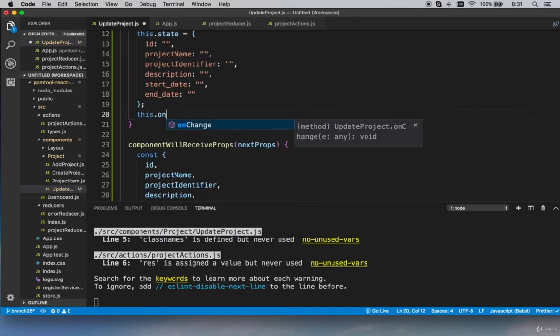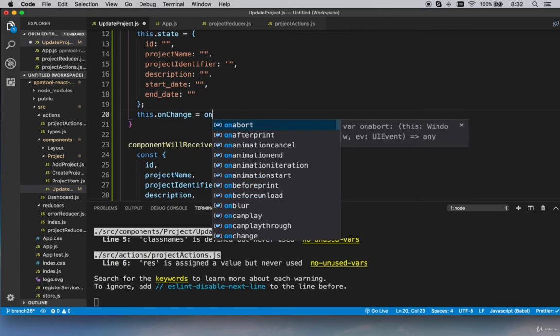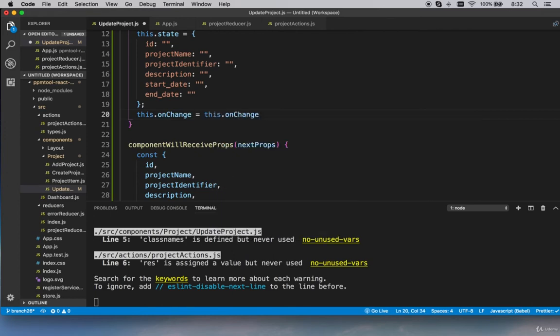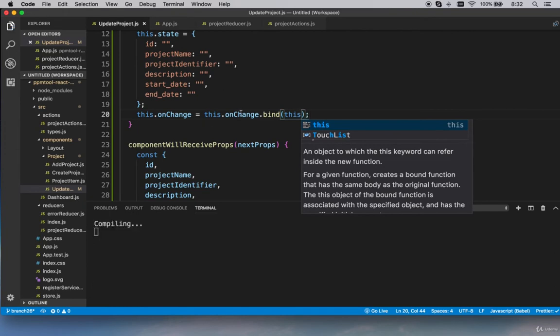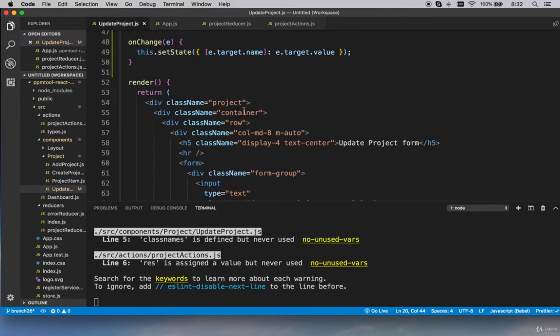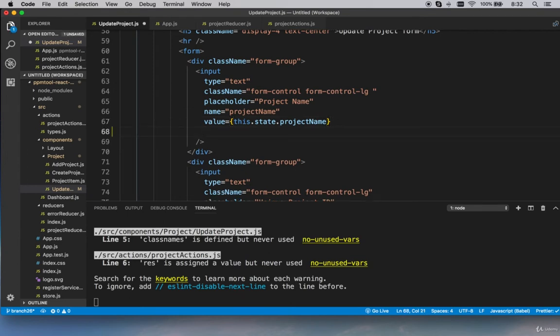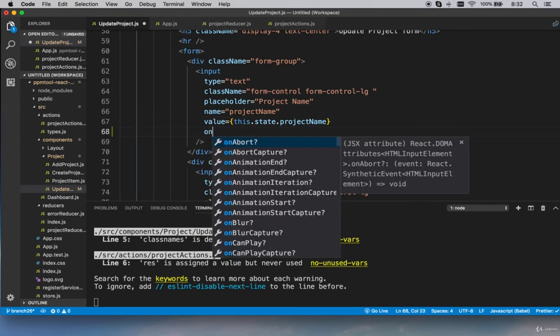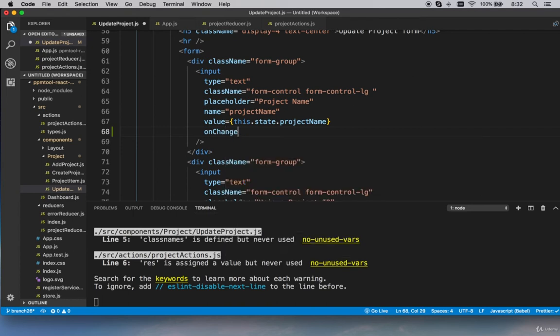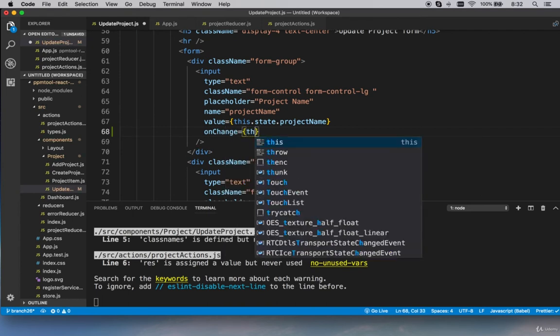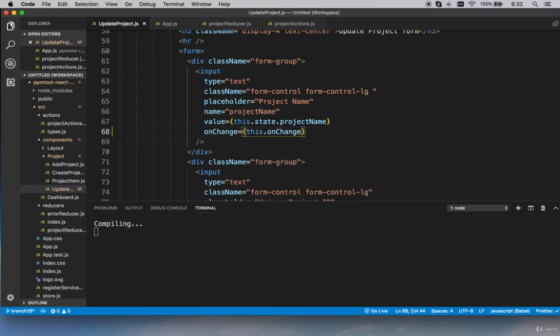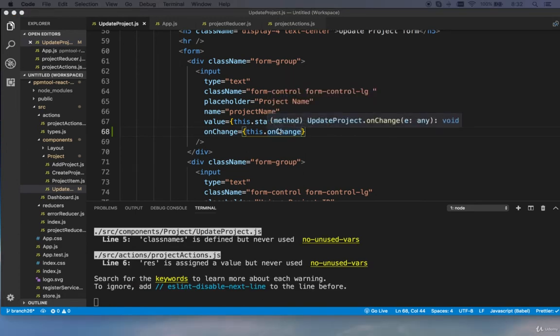So all we need to do is this.onChange equals this.onChange.bind(this), and once we have done this, then all we have to do is add it to each one of the input fields, again just like we did for the add project form. onChange equals this.onChange, and if we save this and we go back to our project,